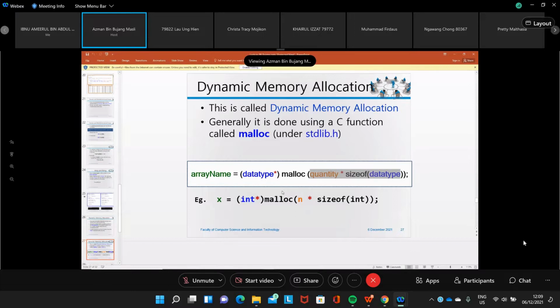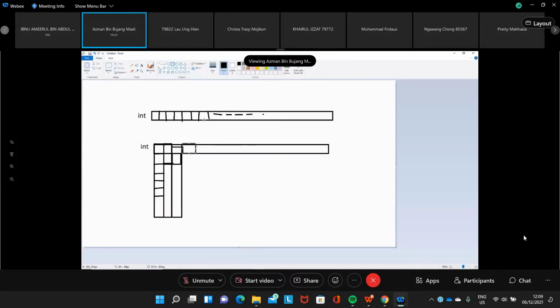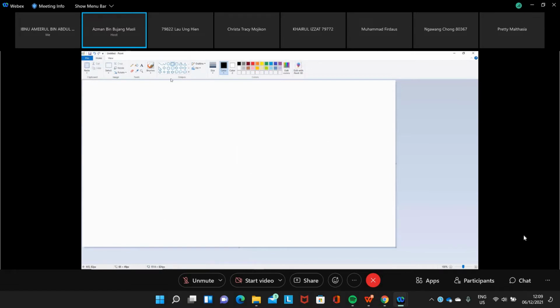Dynamic memory allocation. So what happened here? If you have a pointer, the name of your pointer, say PTR, this pointer can point.